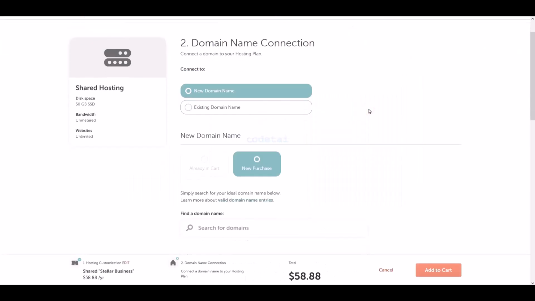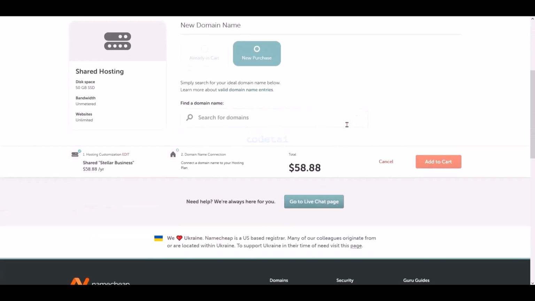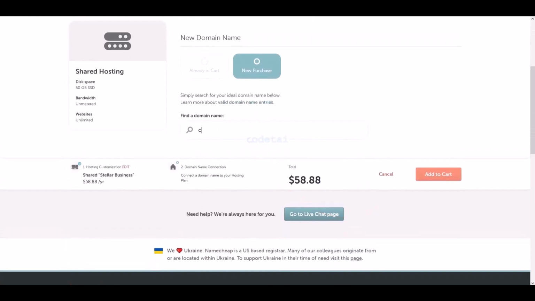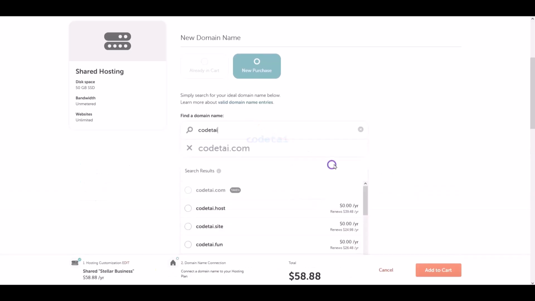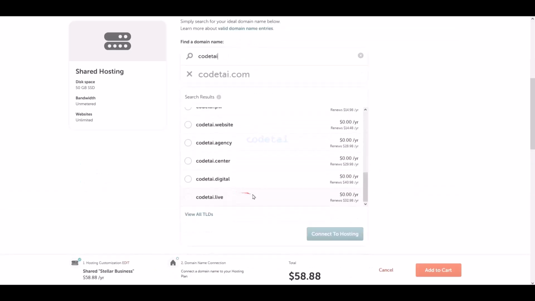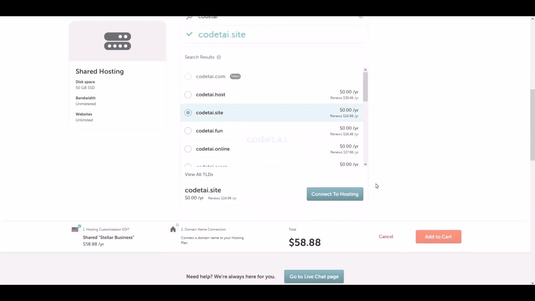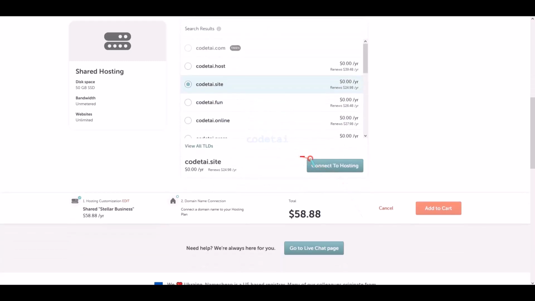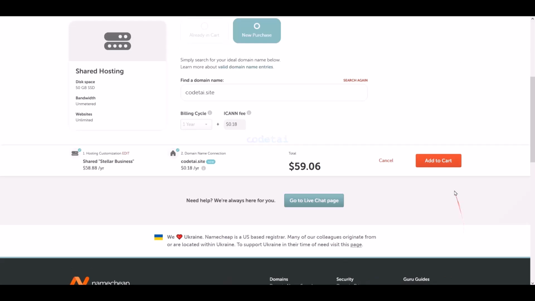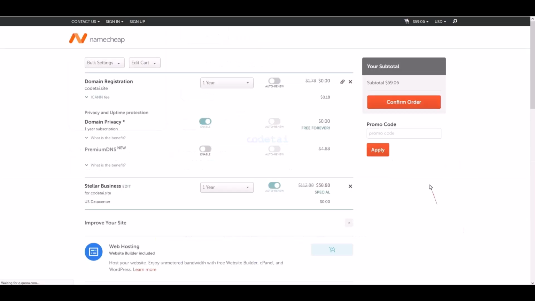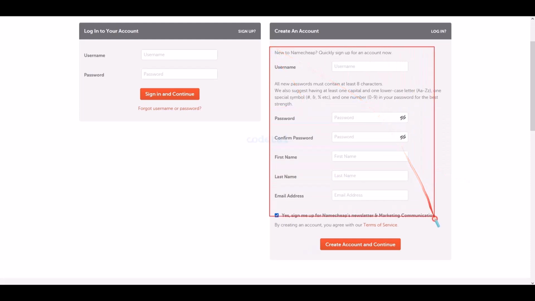You will now be able to choose a new domain name for free. Simply enter your preferred domain name in the provided field. As shown, you can choose from a variety of free domain options. After selecting your domain, we will connect it to our hosting plan. Next, click on the Add to Cart button and proceed to confirm your order. Now, we need to create an account on Namecheap.